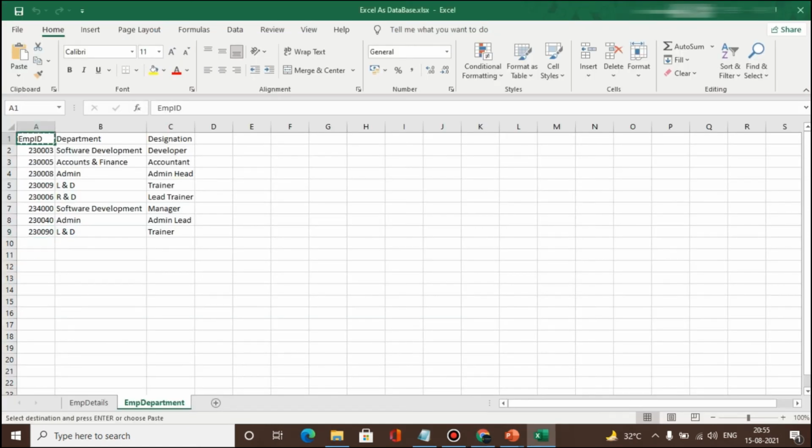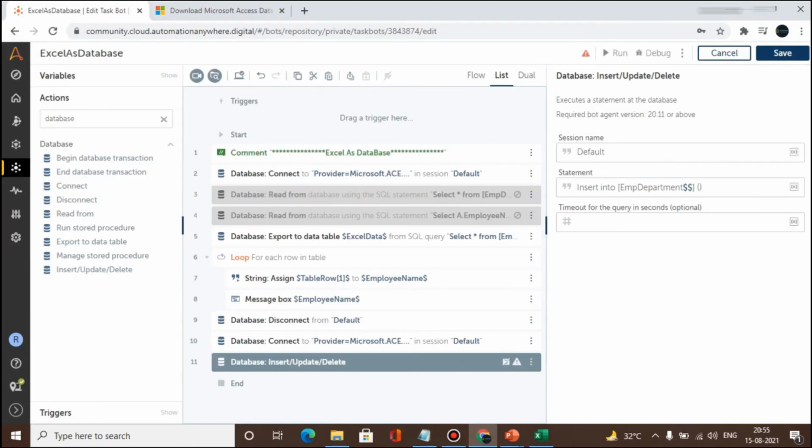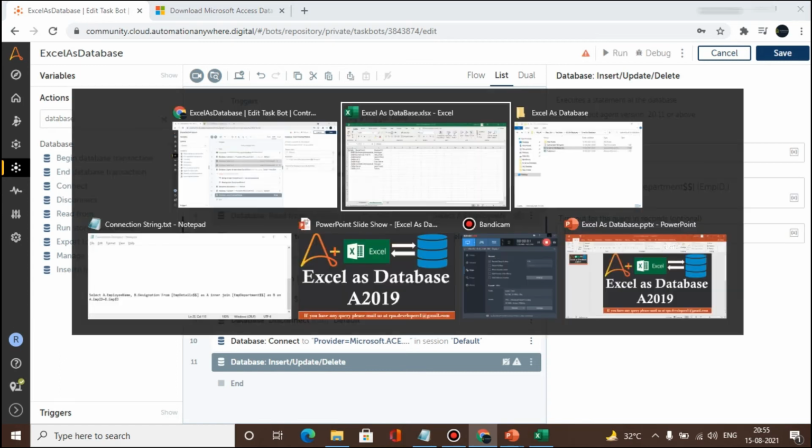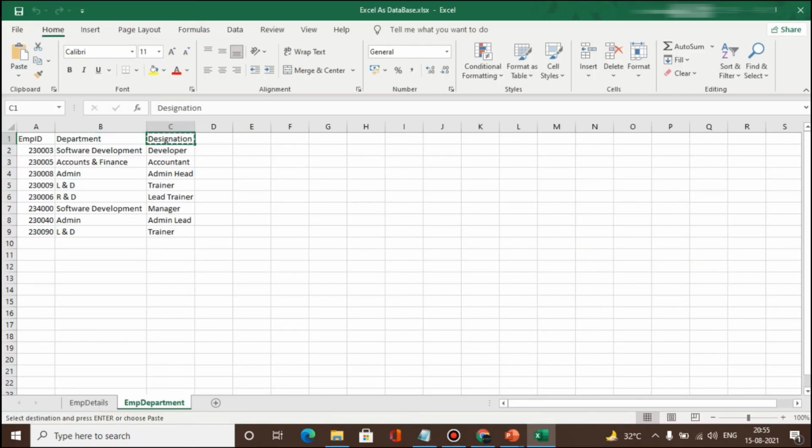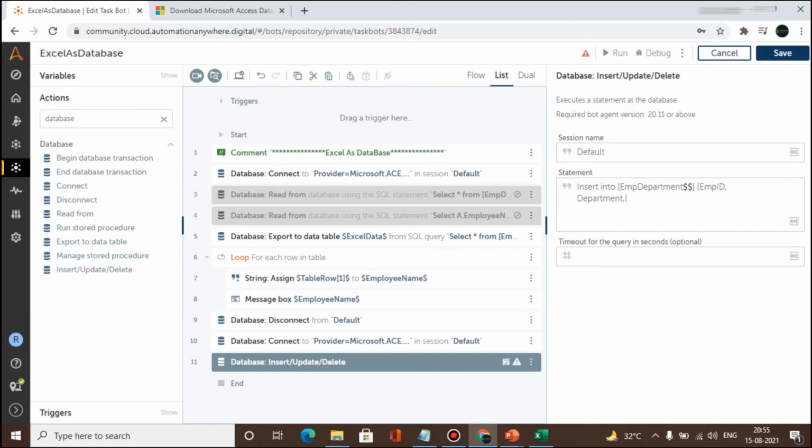here we need to put the column name first. Then values, let's say what value we need to put.